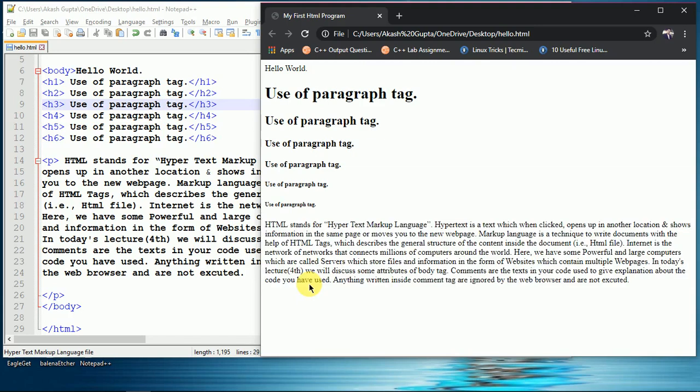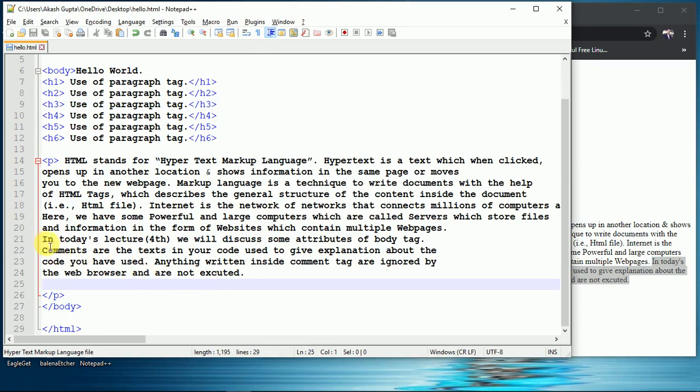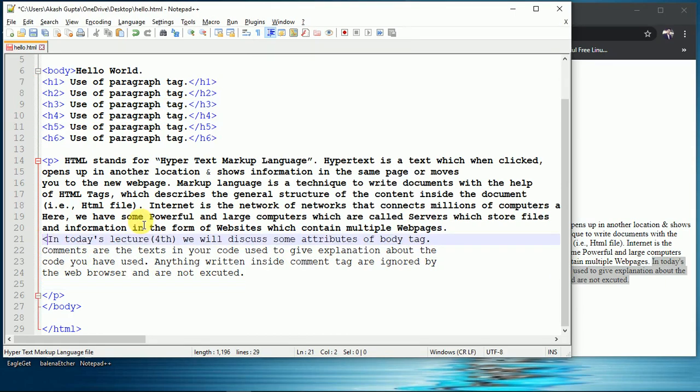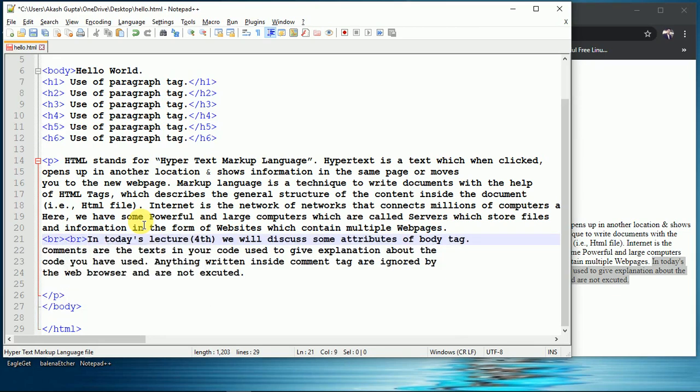Okay, so suppose I want to start this sentence from a new line. Okay, I want this particular sentence to start from the next line. Okay, so we will use a BR tag here. We will put a BR tag, BR tag. Let us put one more BR tag so we will get some more gap, right?